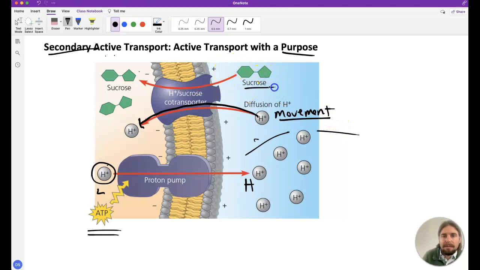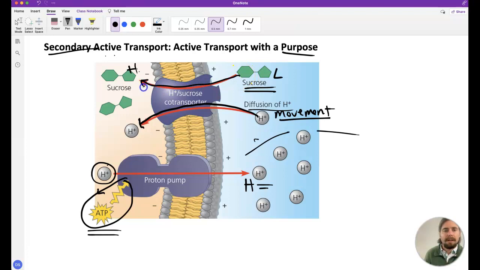Except now the energy stored in their kinetic movement is going to be utilized for another goal in mind. And in this case, it's going to be for the co-transport of sucrose from low concentration to high concentration to maximize the absorption of sugar in the cell. So in this particular example, we have a utilization of energy as the primary source to move hydrogens across the membrane. But then the energy of the movement back across through the diffusion of hydrogen actually allows this protein to capture a little bit more sucrose across the same protein